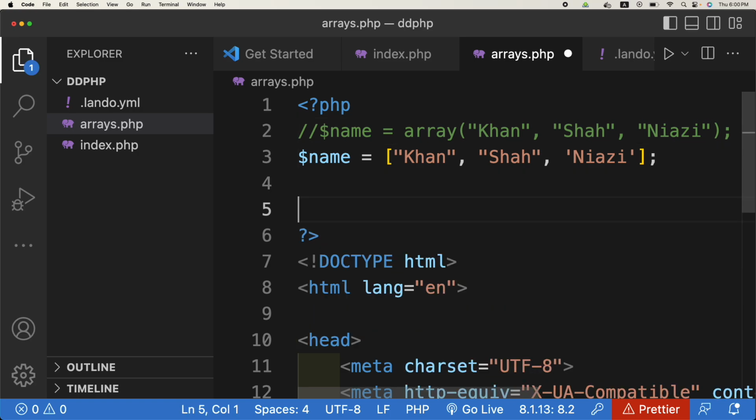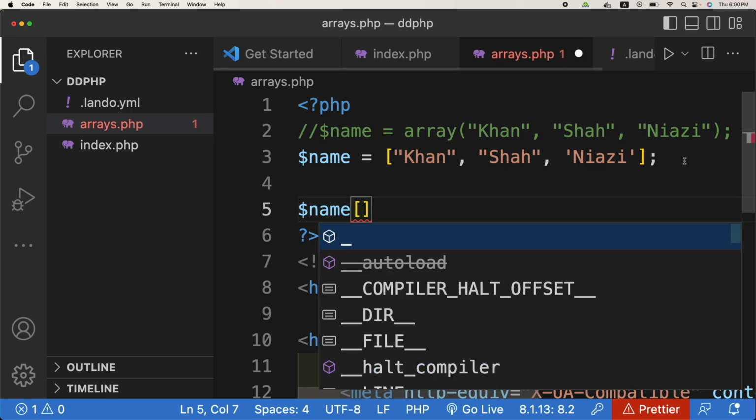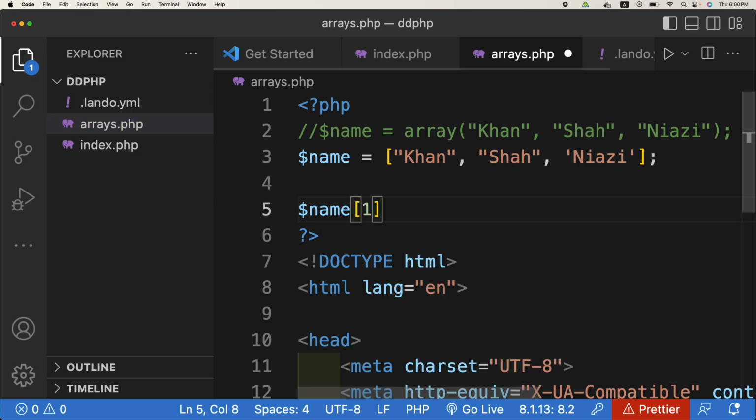Why numeric array? Because the indexes are numeric based, number based. So for example, if I just output this thing 1, what will it output? If I just print echo names 1, Shah, because arrays always start with 0. So this is 0 Khan and 1 is Shah. So if I just refresh it,